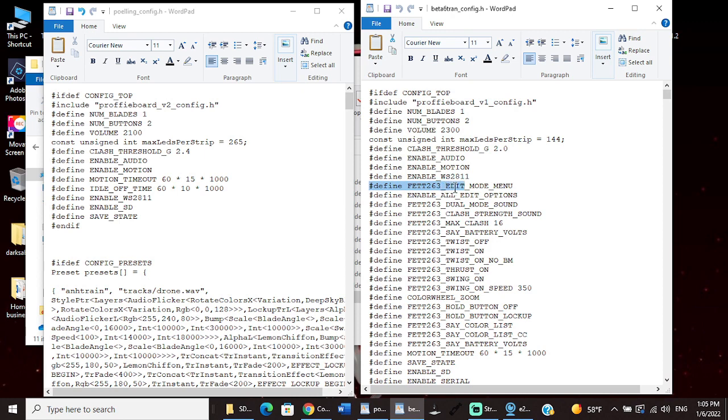#define FETT263_EDIT_MODE_MENU. You need that one. And you also need this one. #define ENABLE_ALL_EDIT_OPTIONS. Those two defines are what enable edit mode. Now the rest of these are things that I set up on my Saber that Fernando talked about. The clash strength sound, max clash of 16, say battery volts, twist off, twist on, no battle mode, thrust on,